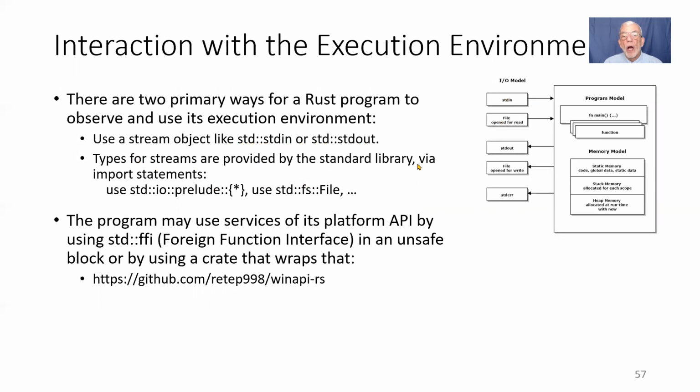I can use a library, a file handle, for example. This standard IO prelude loads a whole bunch of definitions from the standard library so that I don't have to manually load those definitions. The other way to interact with my environment is through the foreign function interface, and this